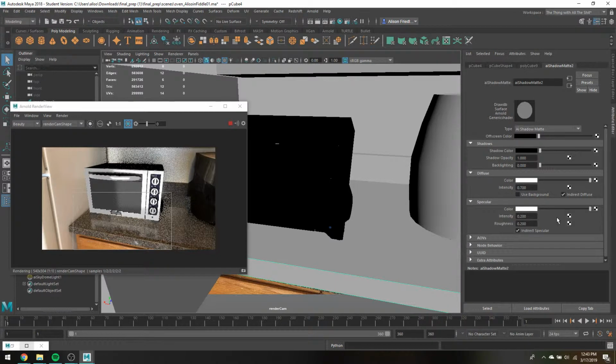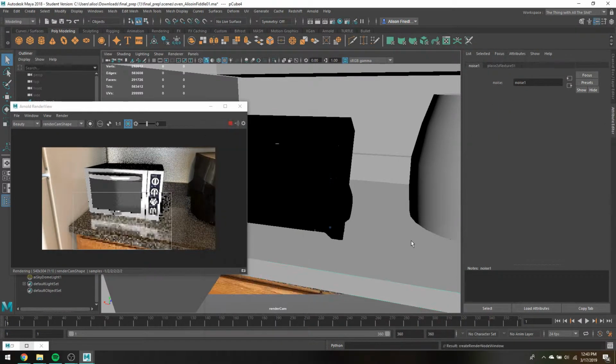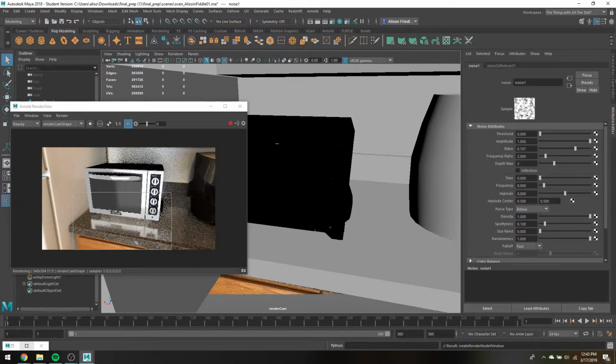Theoretically, I should be able to map in a noise texture to this. And if I fiddle with this, I might take it down so it's way darker. I'm just spitballing here. I'm assuming that if I were to do something like this, it would help break up that reflection a little bit, so it's maybe more natural to the marble. Another thing you'll notice, as soon as you do this, it does matter. When you have a reflection here, you're going to want to line up the area at the front so that it actually goes to the edge of your counter, if that makes sense. But anyway, assuming that I'm happy with that,